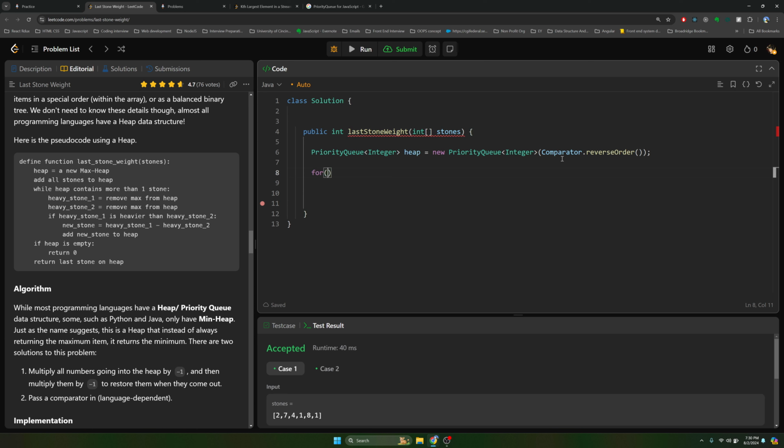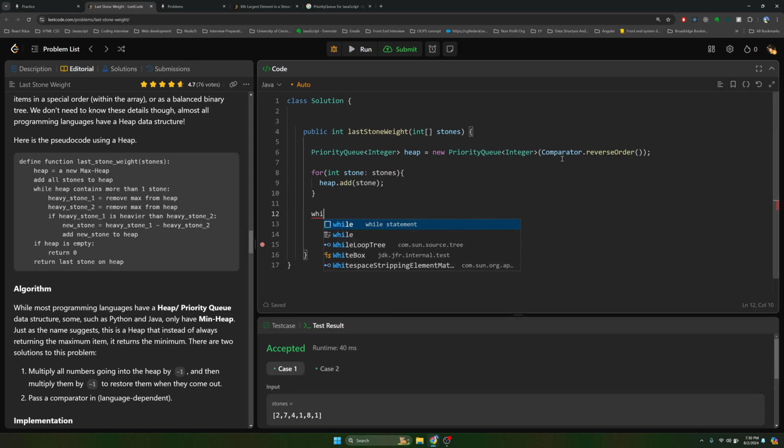So for int stone of stones, heap dot add stone. Yeah, and then once I've added all the stones, while heap dot size is greater than 1,